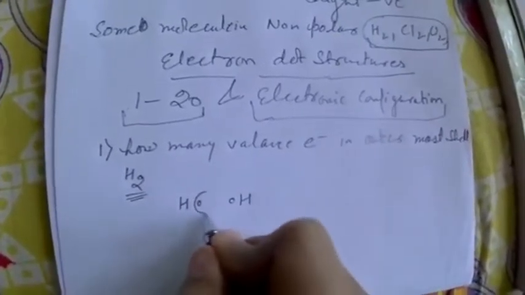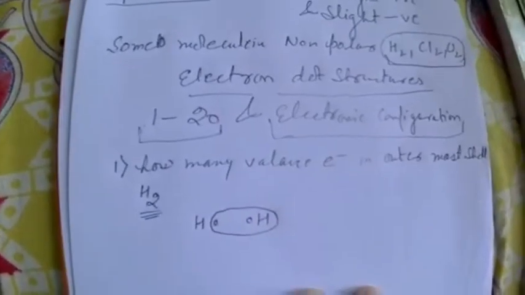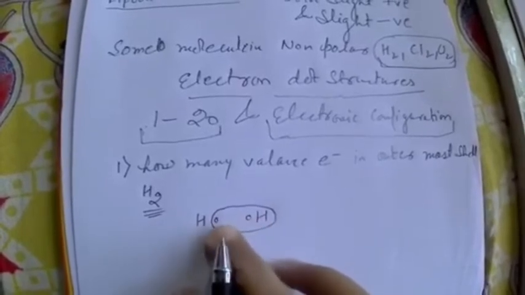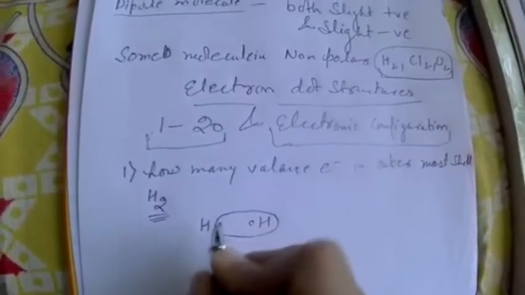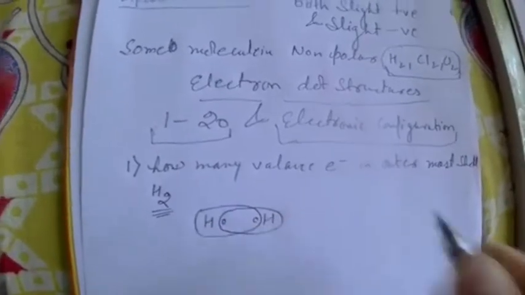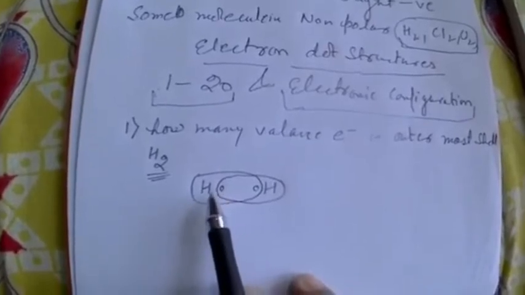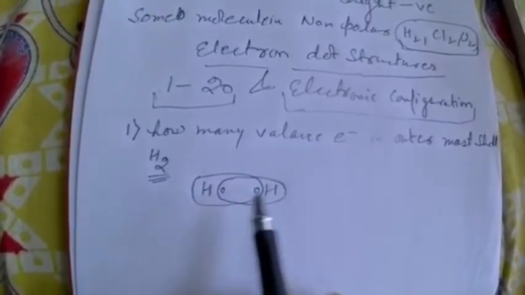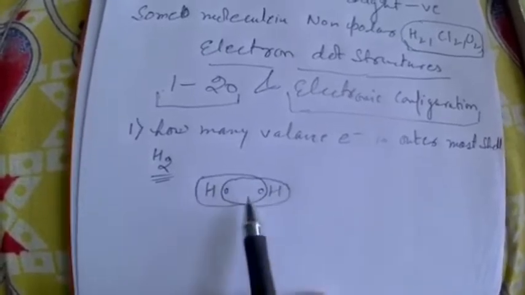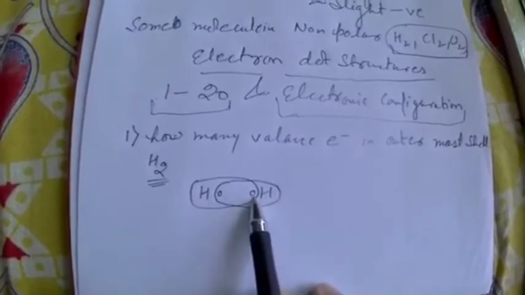Take a good circle in which you can put this H. So in this circle, H now has two electrons, so it acquires the stable gas configuration of helium, and the other H also gets the stable gas configuration of helium. So you can say that its electron is useful for him and his electron is useful for it. It is one kind of sharing of electrons, meaning one's electron is used by another.